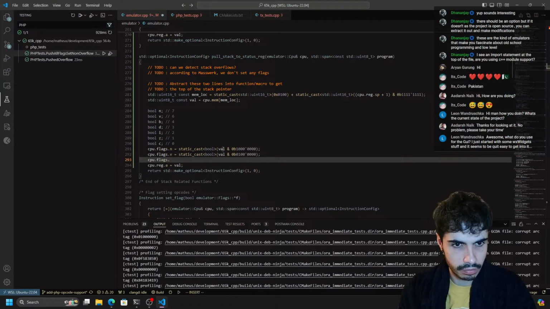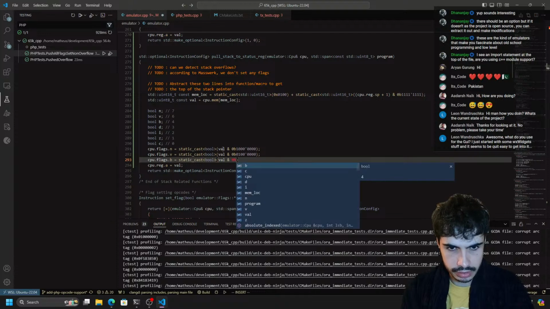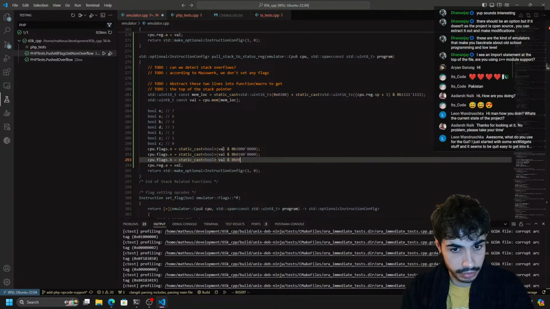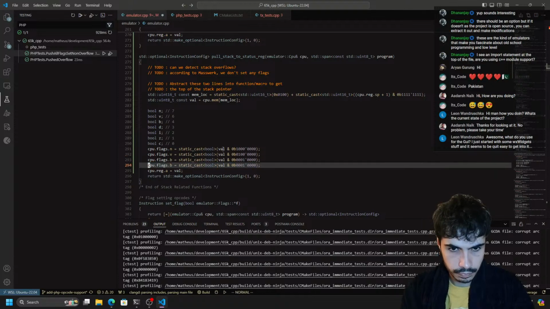Now we also have B in this case, right? Which is the break or the interrupt. No, this is break. Yeah, this is the break status. So we have static cast bool, and we got value and 0b 0, 0, 1, or in fact 0, 1. And yeah, we just do that. Basically, we just do D, and then we're also gonna have